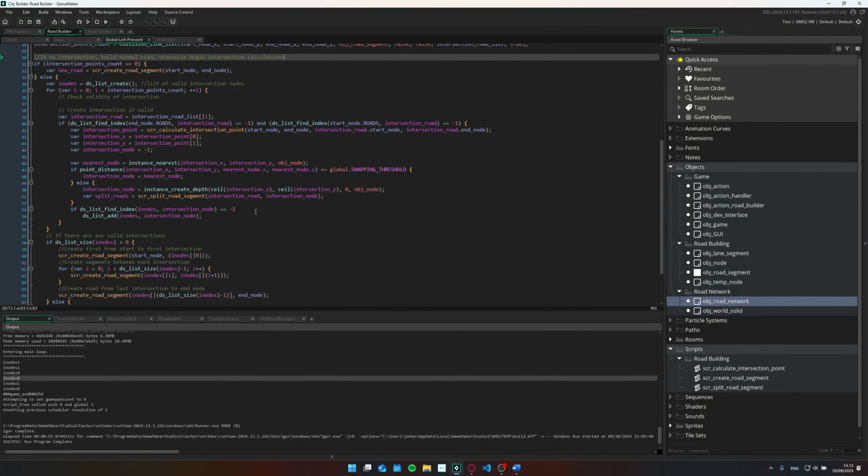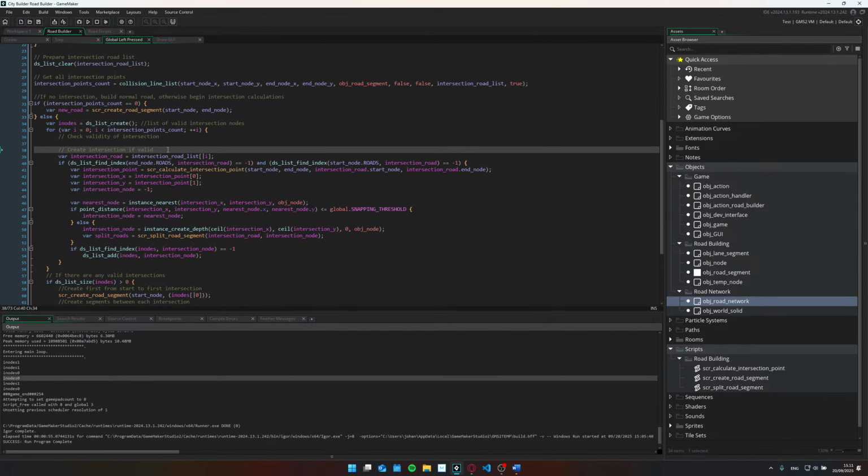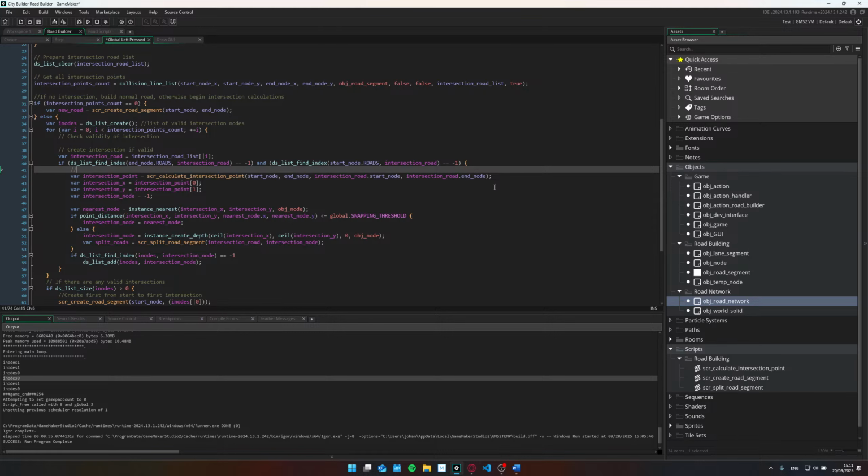But it looks nice, right? So okay. We can also go a bit further in here. I don't know if it's necessary to flesh it out like this. Calculate intersection for